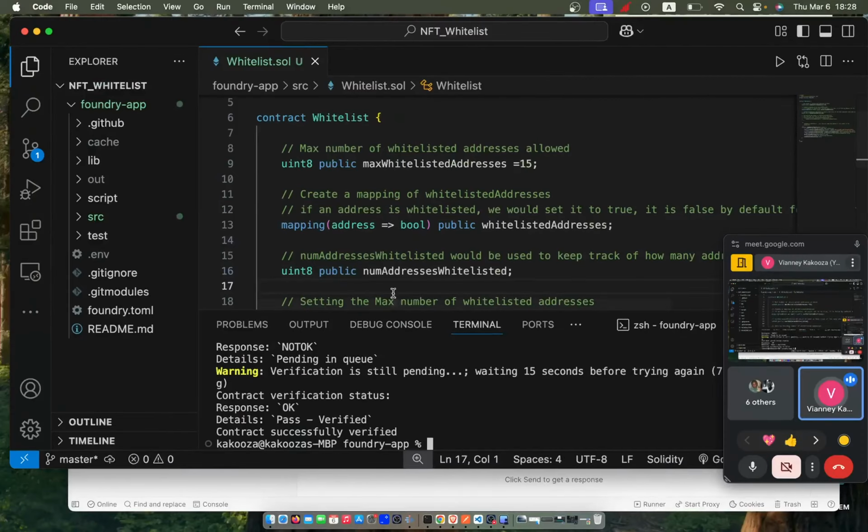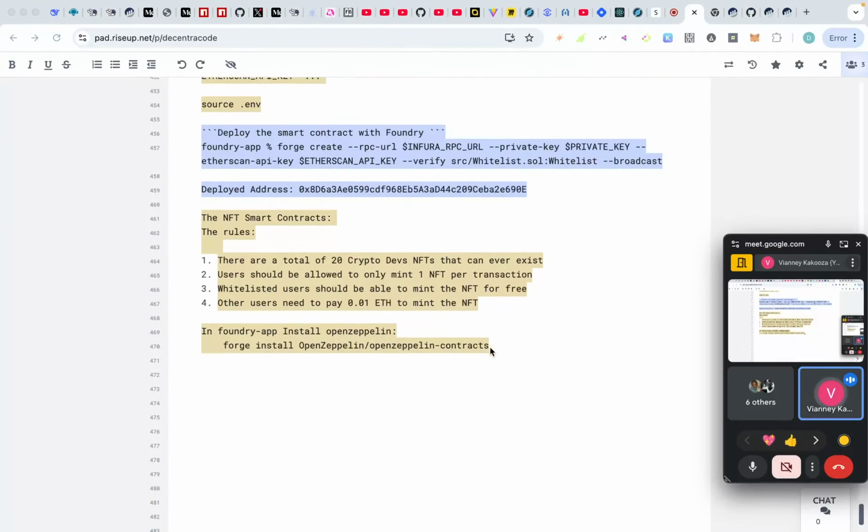Okay, let me just write it because I think it is the network that is showing it is here. Forge install OpenZeppelin contracts